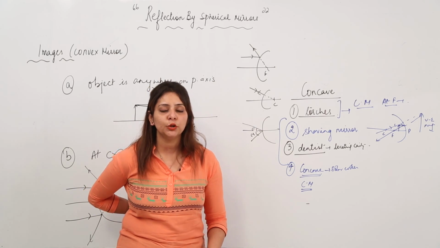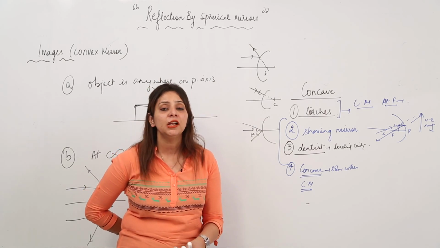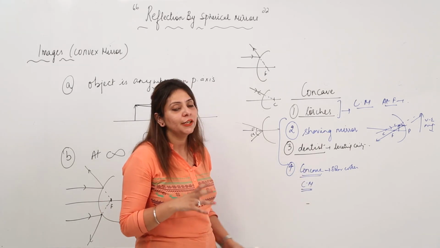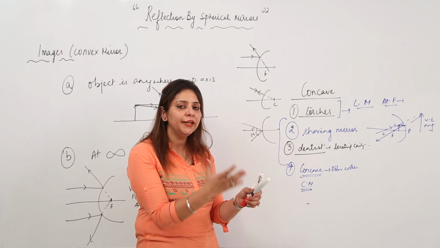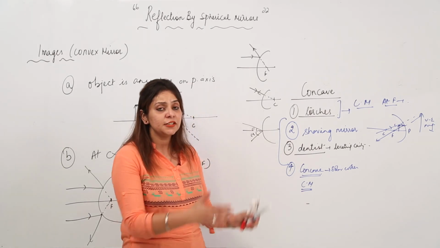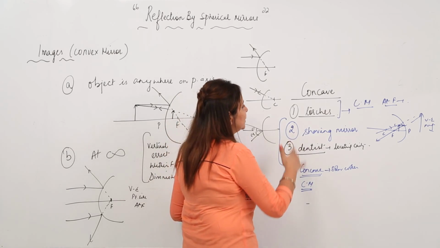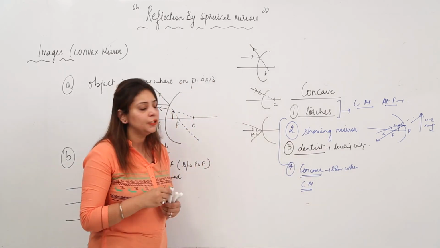We have two types of solar cooker, one is box and the other is spherical. The spherical type makes use of a concave mirror because it is a converging mirror. It converges rays at focus, we can keep the pan there and cook the food because the temperature there is appropriate. So these are the uses where the concave mirror is used.